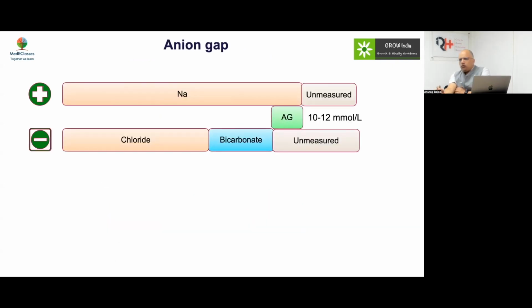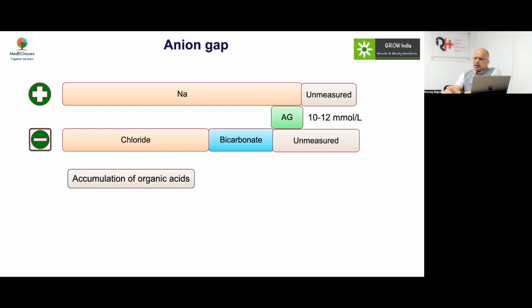One of the cornerstones of diagnosing RTA is the anion gap. So anion gap is the difference between unmeasured negative ion versus unmeasured positive ion. But when you talk about it in the measured sense, you can say it's the difference between the measured positive ion, which is sodium, versus the measured ions like chloride and bicarbonate. So it's basically sodium minus chloride minus bicarbonate. The usual level is around 10 to 12.